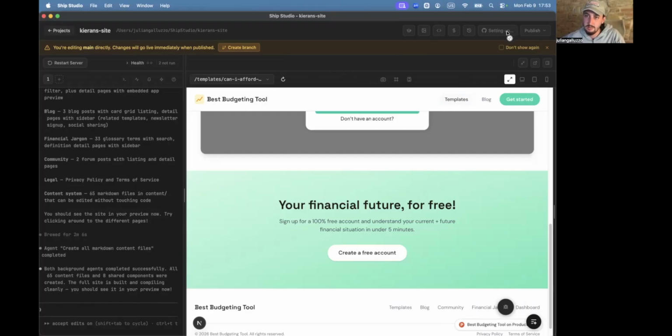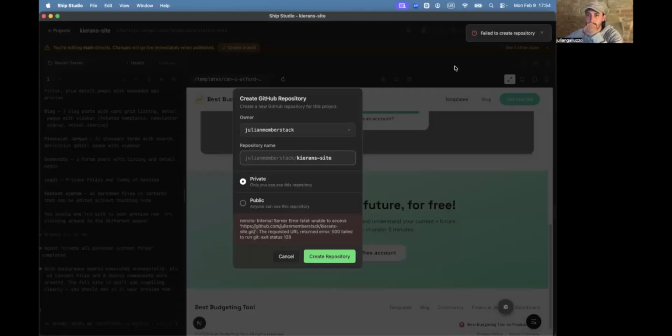A good workflow I've been doing is that it has access to the Playwright MCP on all the projects. That is what Julian used earlier that enables Claude Code to open up a browser and look at the site.